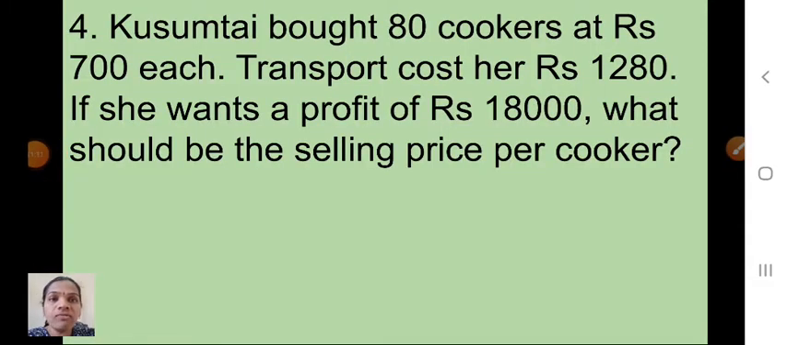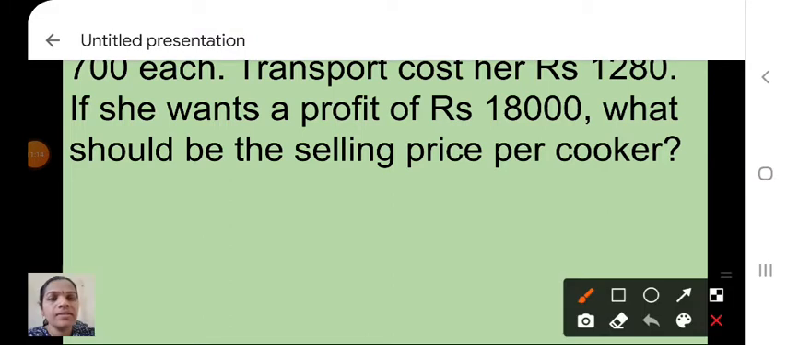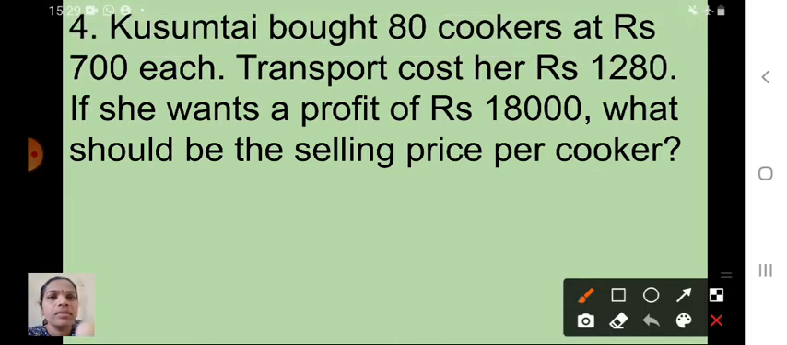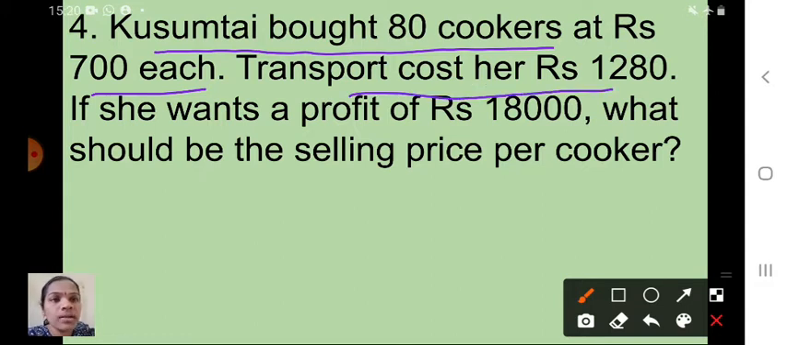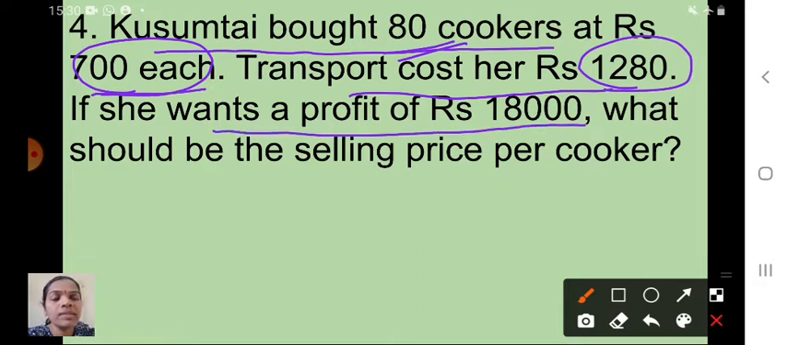So children, see here, fourth question is, see here, Kusum bought 80 cookers at rupees 700 each. Okay, and transport cost is what? Transport cost rupees 1,280. Okay, so total number of cookers is 80 and cost per cooker is 700. If she wants a profit of rupees 18,000, what should be the